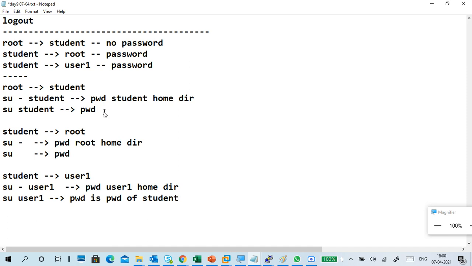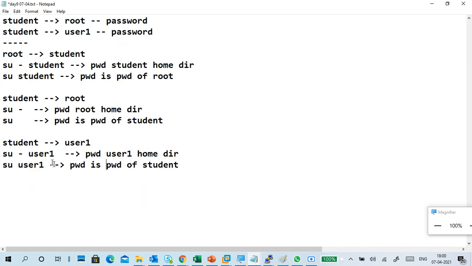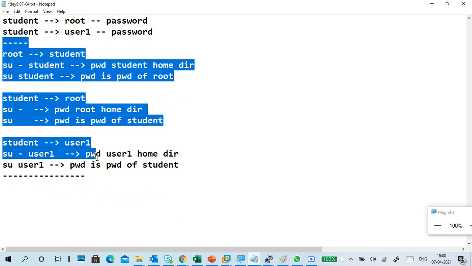Okay, like that you can see pwd is the pwd of just before we are switching, right? So pwd of root is pwd of student. So this is it. Understand what happens while you are switching. Be careful while you are switching the directory.